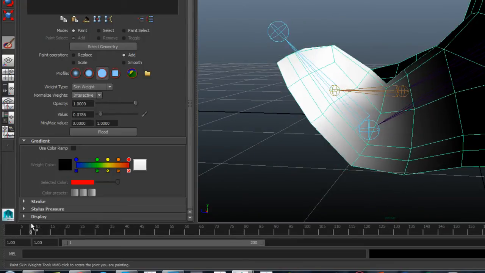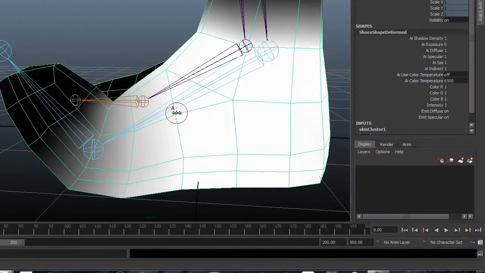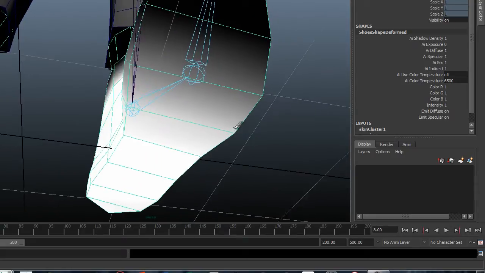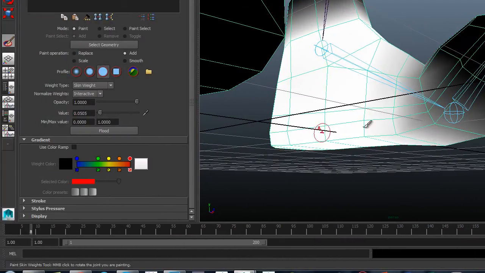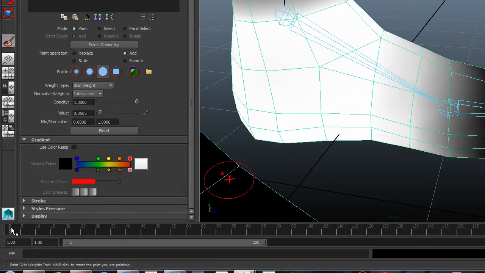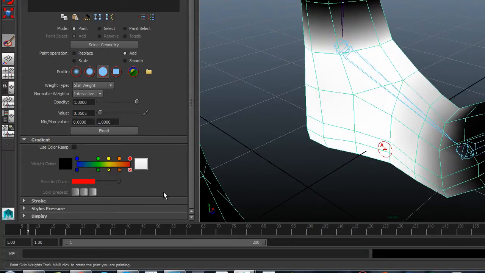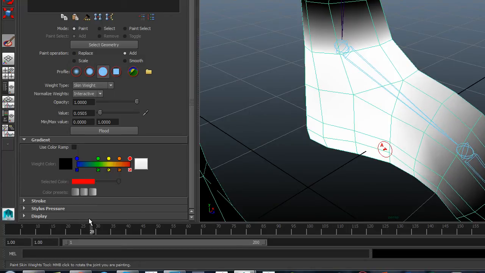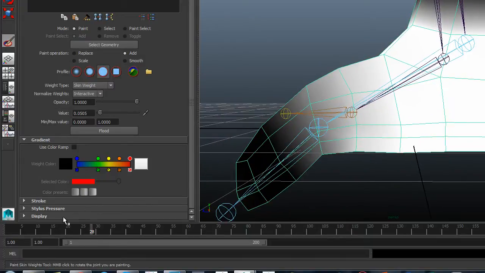Okay, if that's too much, go back to the ankle, take your influence down a little bit and just paint so that the influence is very, very small, but just looks a lot more natural. Okay, there we go. Just check going down. Obviously, you'll never get that range of motion, but that seems to be